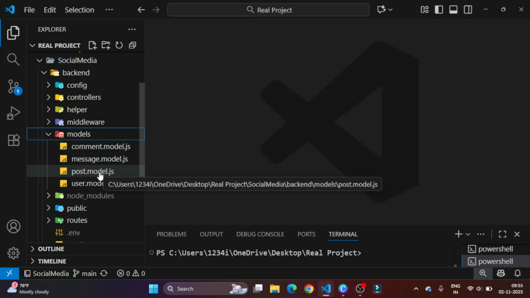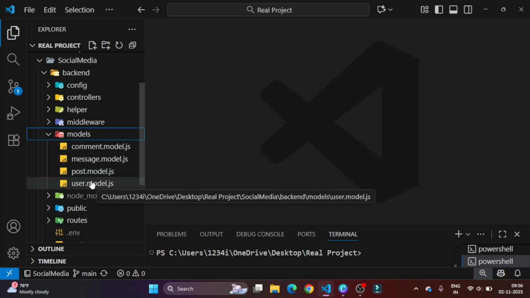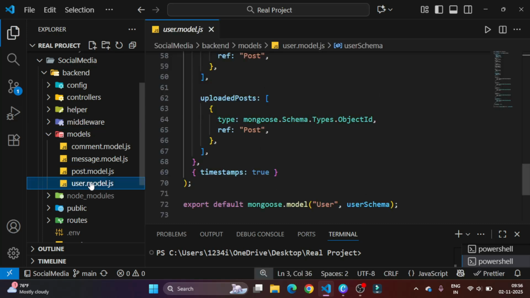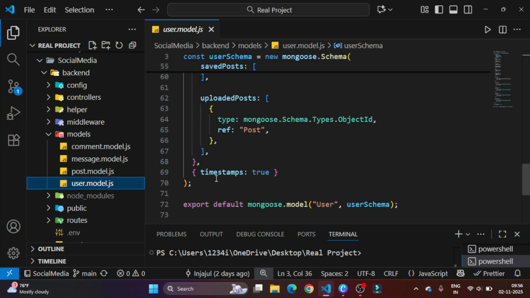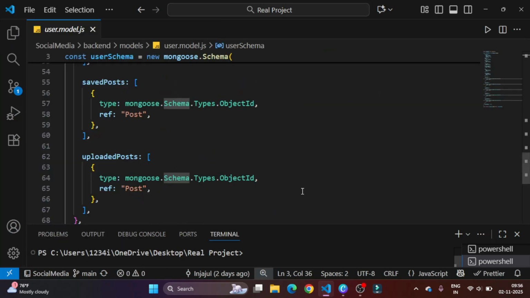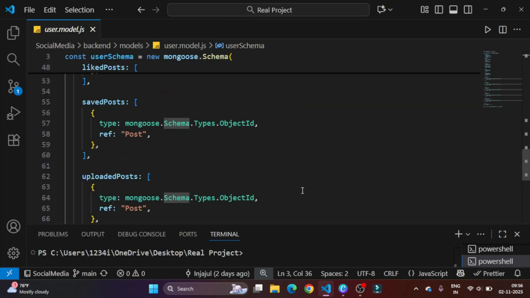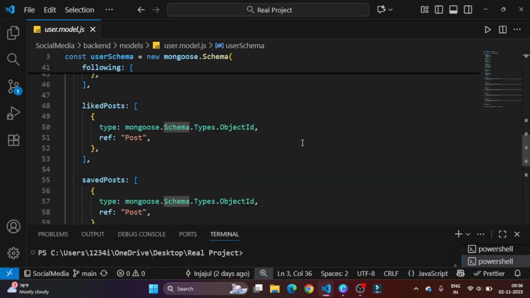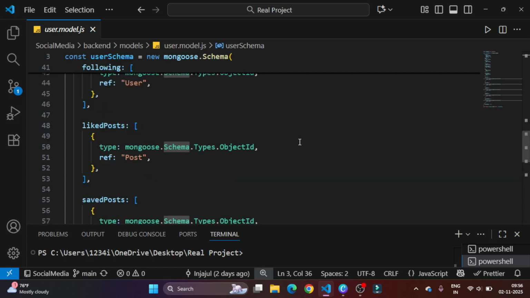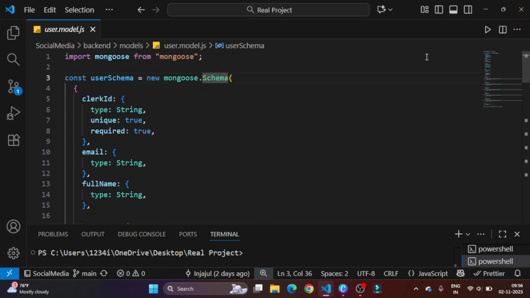So let's start with the user model. I open it because honestly, the user is everything in our app. Every post, every comment, every message, it all connects back to a user. And this is the user model.js file. At the top, you can see